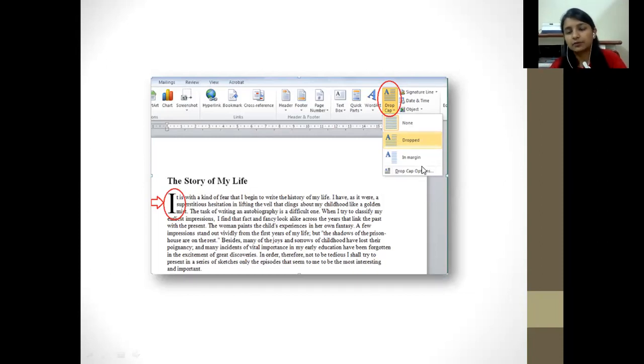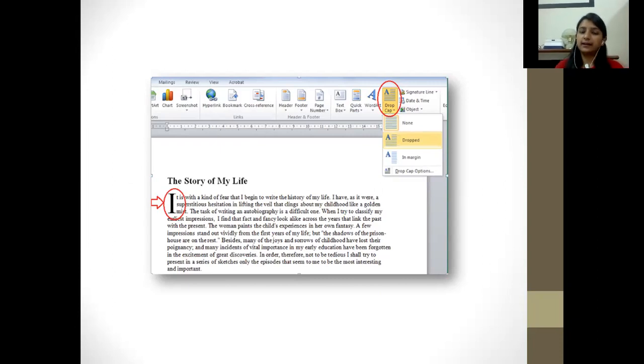That means if they want the whole text to be in the margin, but this is very rarely used by publishing books. So the dropped option is more used for making the text look creative. Then there are also other drop cap options, which we will be exploring when we perform on the device.